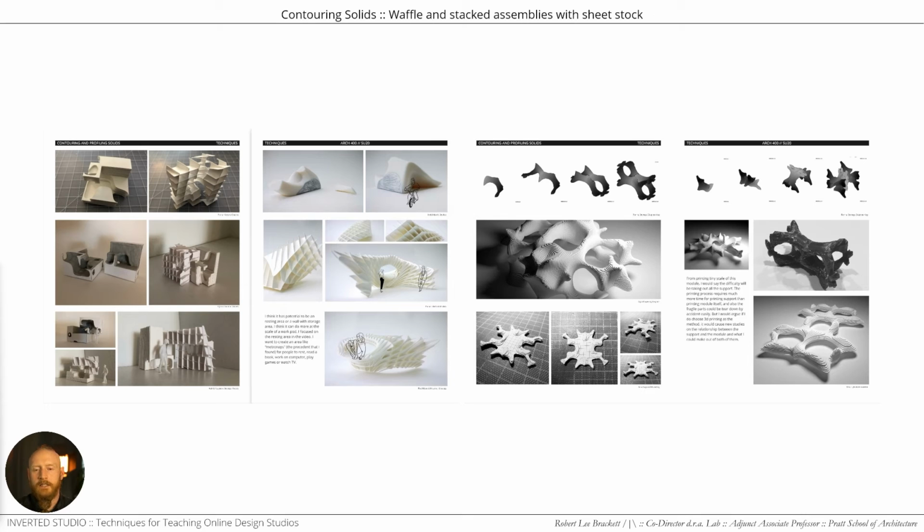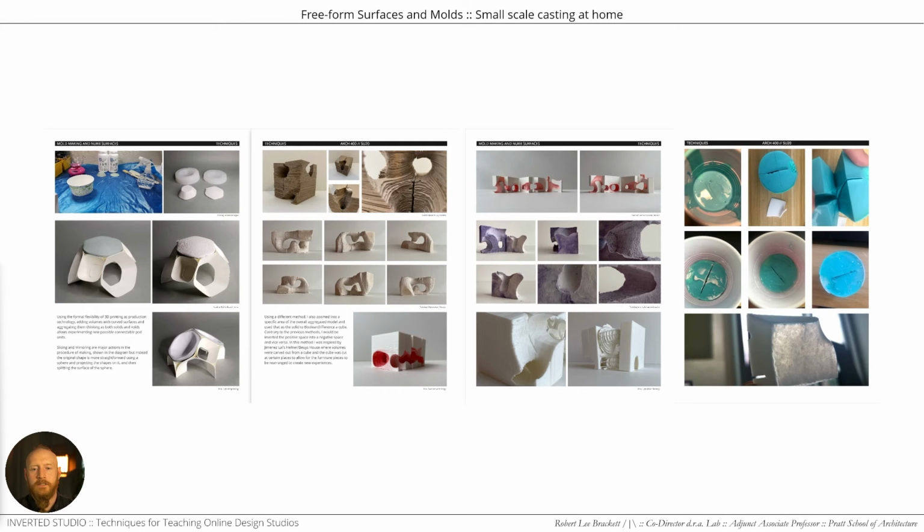Or in the case of using sheet goods again, we can develop these three-dimensional forms as contour crafting methods. The 3D printer essentially being a contour crafter at a very fine scale. We can use paper or plywood or other flat sheet material to craft at a more coarse scale by producing layered models, waffle structures. And this often allows us then to mix in other mediums such as casting of plaster, concrete, using silicones, providing dye and texture, color to really simulate some of those materials that students might want to